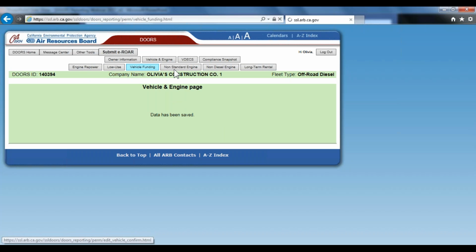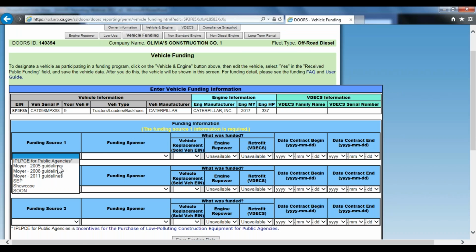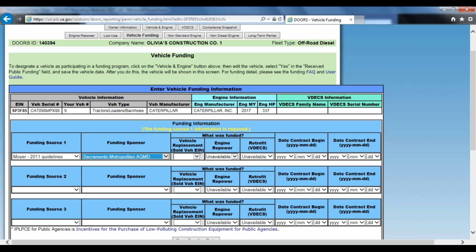information. So we'll go to that vehicle funding page. You can see now that second vehicle is there. We're going to add edit, and then we're going to click that and enter the funding source again. So now it says what was funded. This time it was a vehicle replacement. So when you click that drop down box, it's going to give you the option for all of the vehicles that you've sold or retired. Right now I only have one, so it's easy. It's that EIN GN7033. For you, you might want to keep track of which EIN it is, and then you